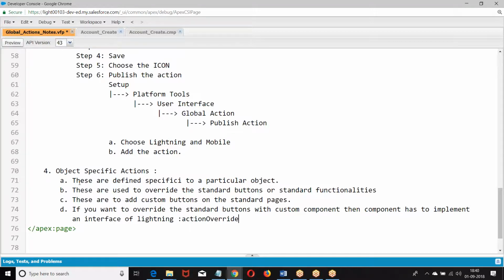Like we have just seen the template structure. The complete functionality we have not seen. How to override. When you click on it, the page is coming, then what you want to do with the page is the custom functionality, right? I hope you are good with this.